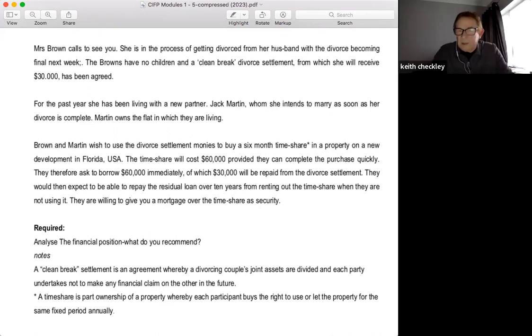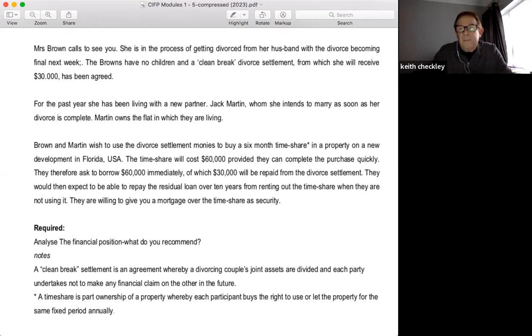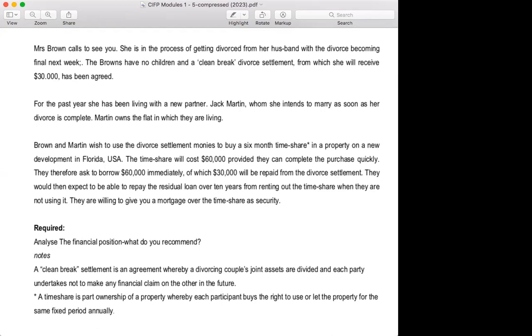Yeah, but what would Dimitri, who's going to lend them $60,000 to purchase a timeshare? Would be my question to you. Well, the customer is now going to depend on us to come up with a financial plan to make it happen. In this situation, we can look at taking Mr. Martin's flat as free and clear, and using that as collateral because that's a more acceptable collateral. And if they don't want to be exposed completely, 30,000 down on the timeshare, and then you taking 30,000 equity from the flat.